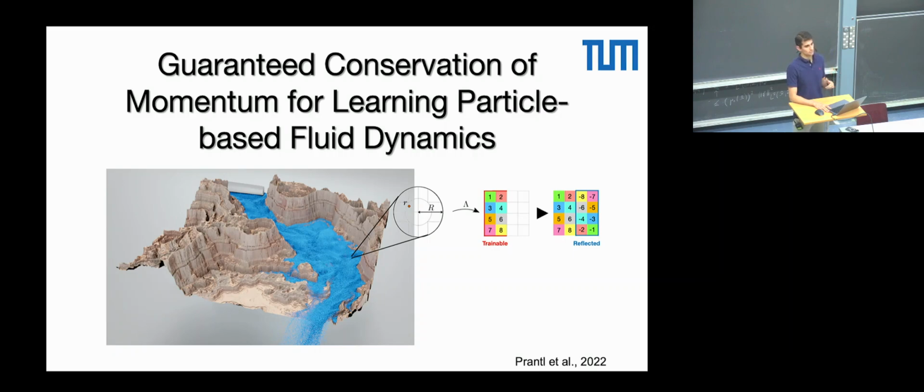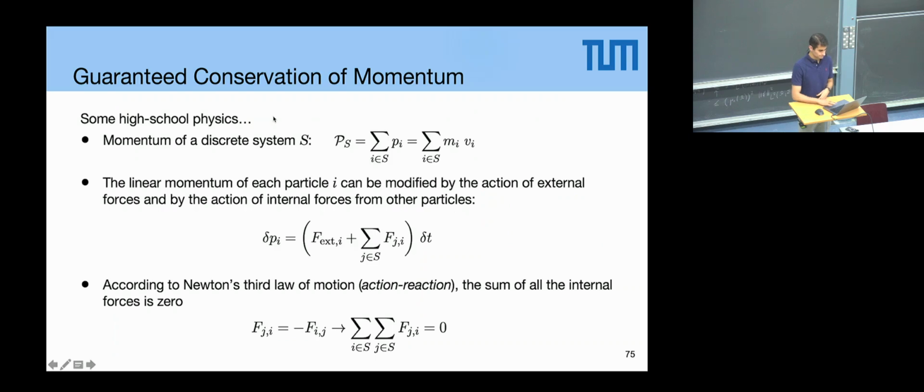So we have seen already the advantages of having translation invariance and permutation invariance in our message passing layers. And now we are going to have a look at another physical principle that would be interesting to respect, which is the conservation of the total linear momentum of the system. This is also a paper by our group, and we are going to be looking only at SPH simulations, Lagrangian simulations of fluids. And we need to review some physics to understand how we are going to guarantee the conservation